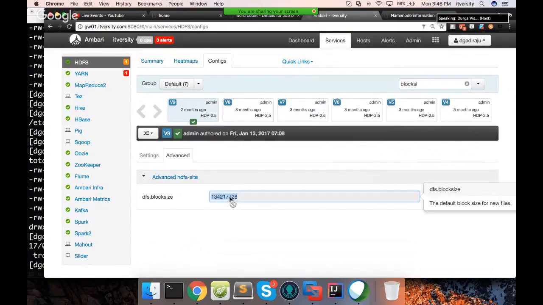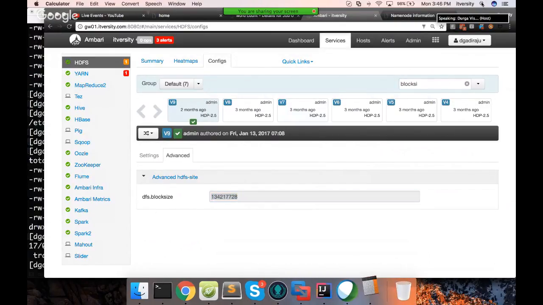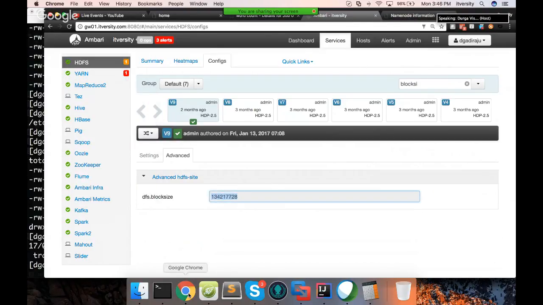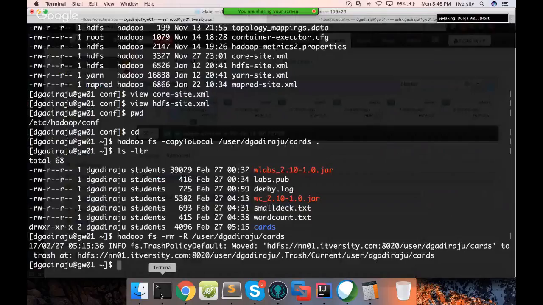Block size is 128 MB. So I'm pasting it here and dividing by 2. So 64 MB is 67,108,864. Okay, now I can say Hadoop FS